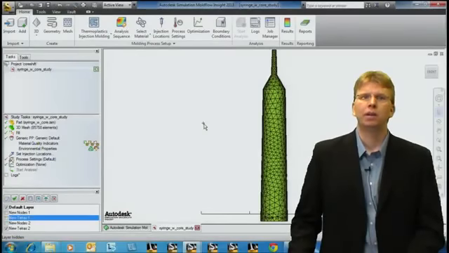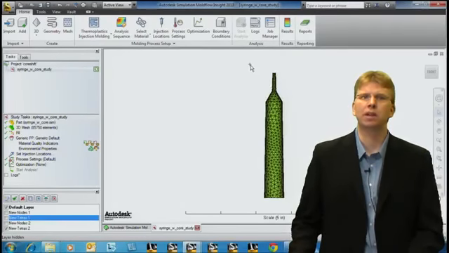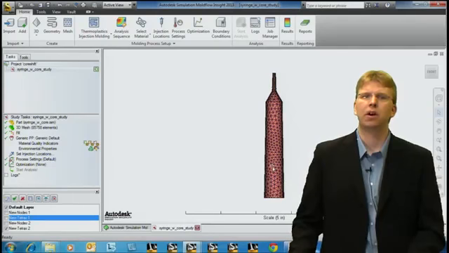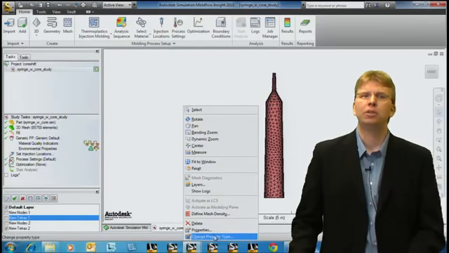Now we have to create some properties on the core to tell the software that this is the core insert itself. So the easiest way to do this is to just box in the core with nothing else visible in terms of the layers. So we have our core layer visible. We're just going to go ahead and left click, hold it down, and select all of the core elements that we're going to convert. Then we can right click and change the property type